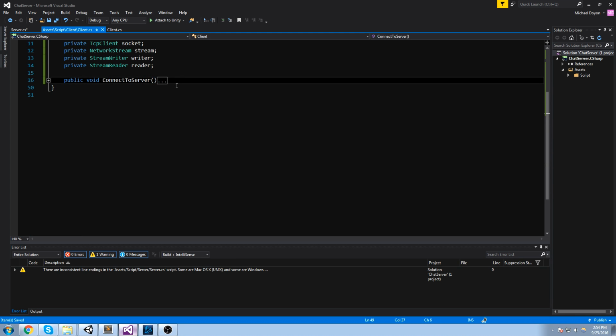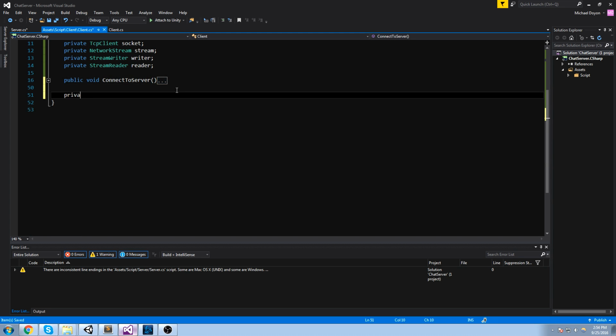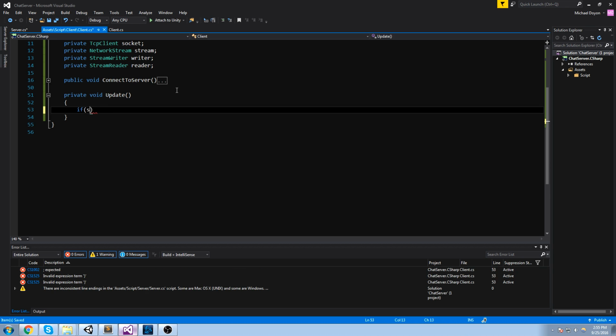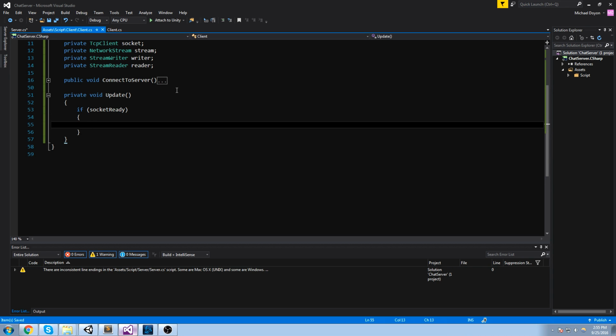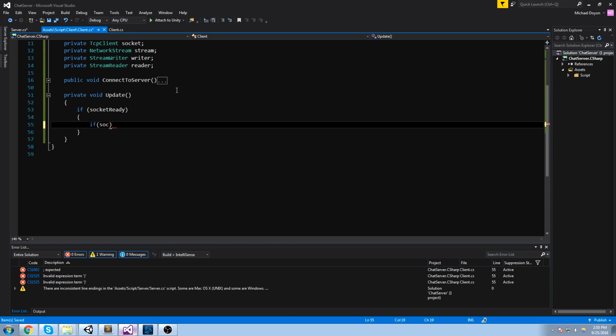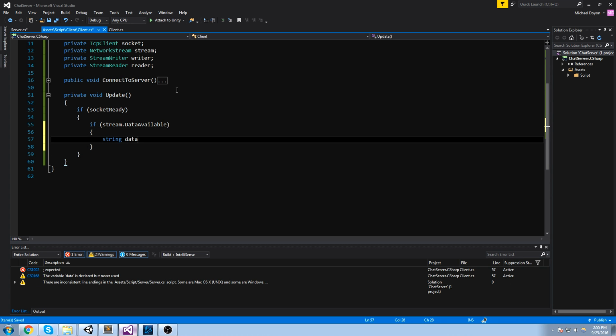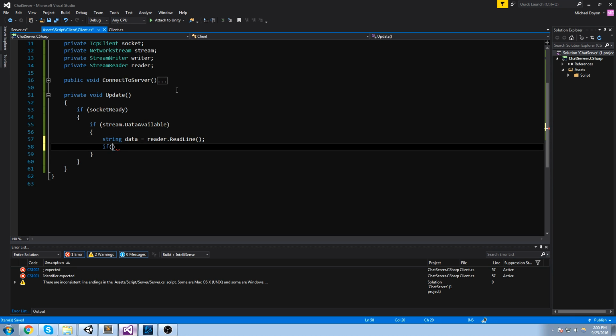All right. Now, what do we do at this point? So let's say that we are connected to the server. We're going to be running loops in an Update. We're going to be looking, does the server want to say something to us? Like, is there a message we're receiving from the server? So we have to check that every single frame. Let's assume first that the socket is ready. So if we are first connected and the socket is ready, and we have some data available, so if stream.DataAvailable, let's put that in a string again, so string data is reader.ReadLine, and if the data is not null, then